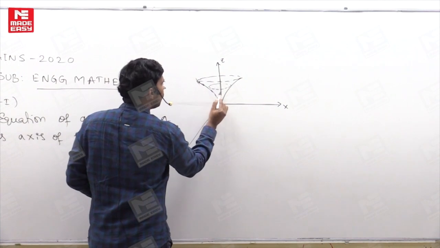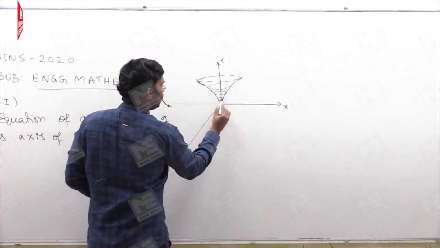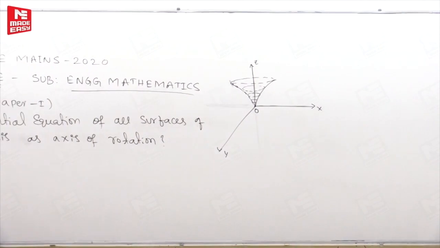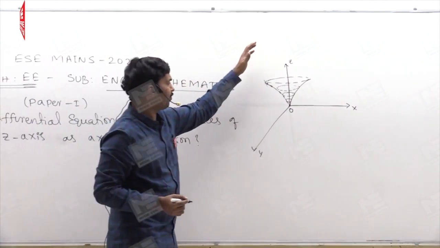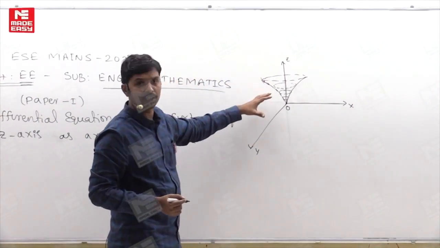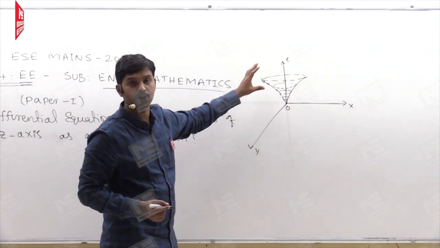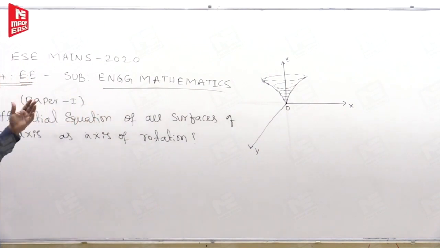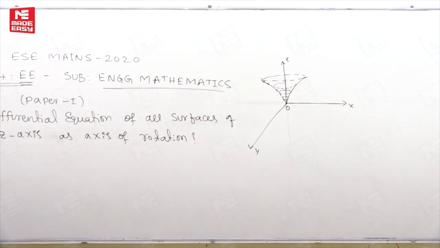due to the revolution, it is formed by circular planes along the z-axis, right? Yes. So suppose I get the equation of all these surfaces of revolution, then I can get the corresponding partial differential equation. But how to write the equation of this kind of surface of revolution? Let's see here.